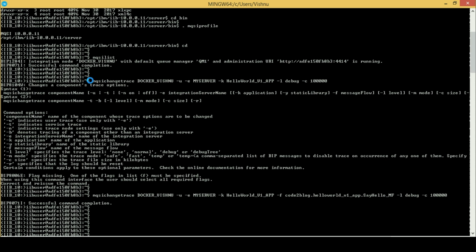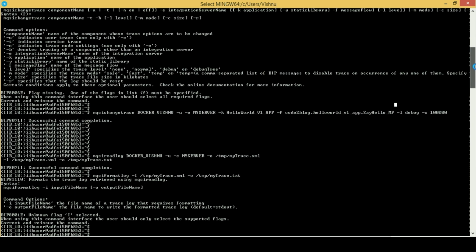While recording the video, I had some issues, and that is the reason you see the commands have already been executed. The first command failed as I did not include the flag -f. -f is for flow name. Fixing that now. See, the second command executed successfully. And the trace has been enabled.